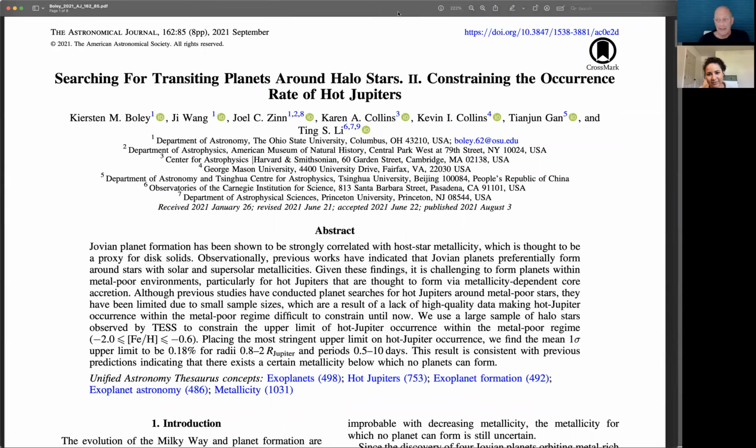And thank you so much for walking us through your very lovely AJ article. And you touched on it a little bit there at a couple of points. So let me go ahead and push on it a little bit because this was paper 2 in the series. And so where do we go from here given the published article? And this was 2021 and we're 2023 now. So maybe there's been some progress, Dr. Boley. And so it's just sort of where do we go over, let's say, the next couple of years on this topic in order to determine, I think, the primary question of when does planet formation start as a function of Z, for example.